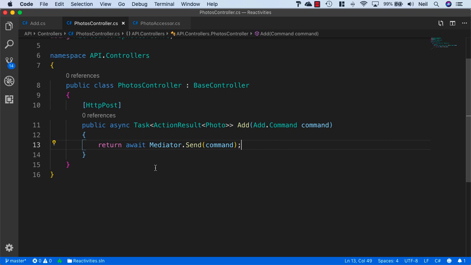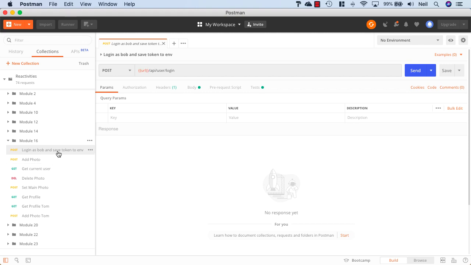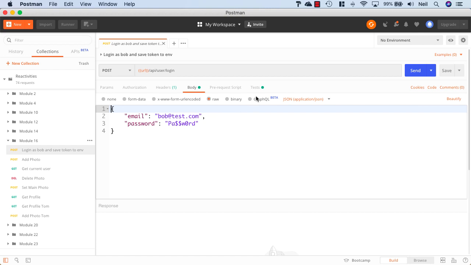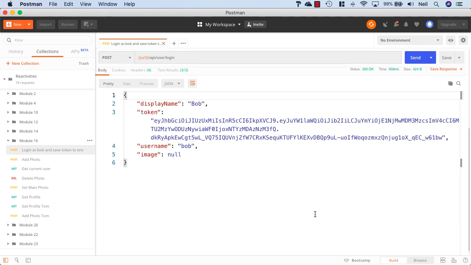So now we can go ahead and test this, and I'm expecting to see problems that we can correct as we go along, but I'll show you what I mean. And inside module 16 we have a bunch of requests to do with our photos and our profiles, and the first one is just to log in and save the token for Bob, and nothing different going on here. We're simply logging in as Bob, and we're going to set the token to the user.token response. So I'll just send this particular request, and we get a fresh token for Bob,